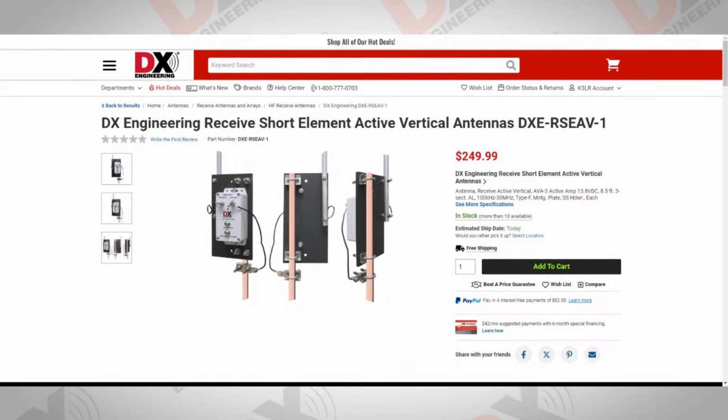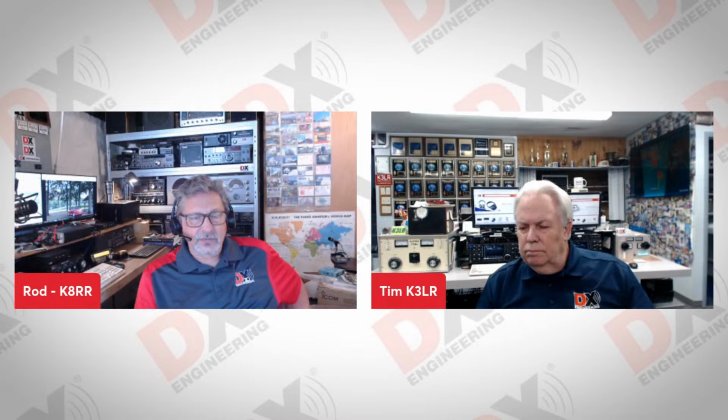There's the new single receive antenna, and then of course a pair of these are used on an NCC2, and more, of course, are used on the various arrays, and they do a really nice job. They're reinforced now. They have a little more protection in them than the older AVA2s and the older high Z